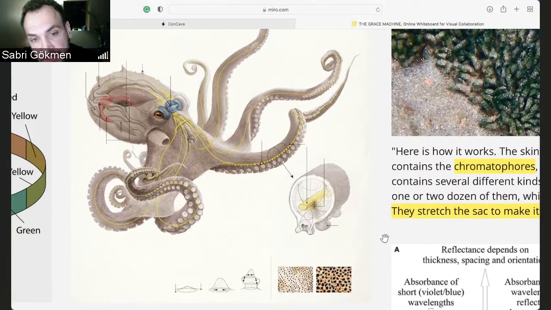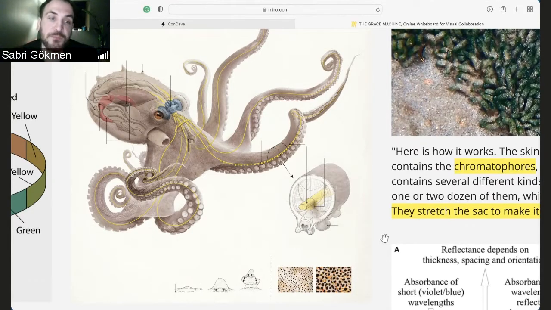that the octopus actually sees the environment with its eyes, processes it with its brain, and then sends the signal to mimic it to its skin. But I don't think this is how it happens, because first of all, it cannot happen because it's colorblind, so there cannot be image processing. Second of all, I think the speed of it kind of gives it away, so I think it's more reflexive